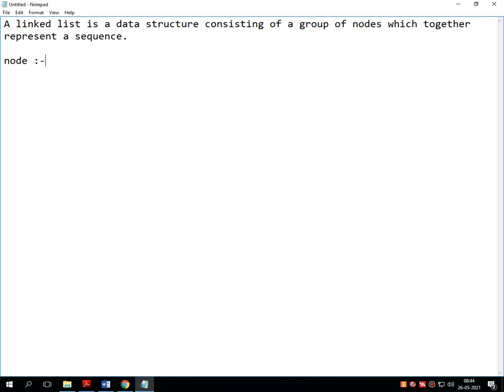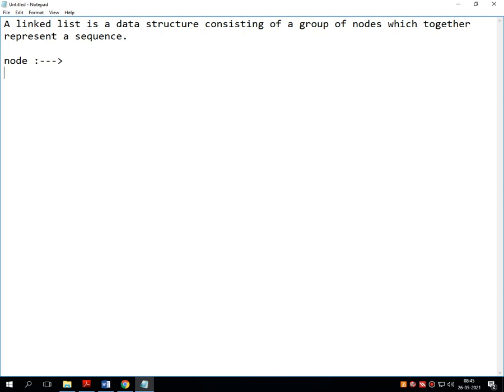Obviously this node is logical, not physical. We are dealing with a subject which consists of the logical implementation of data structure concepts. So every time I will take a general example which might consist of physical things, but it can be implemented logically also. So here a node is not physical, it's logical.